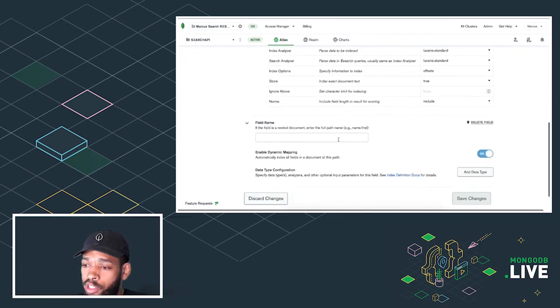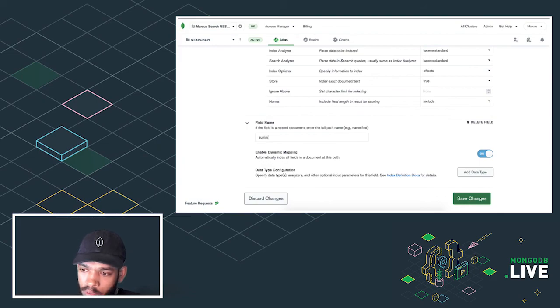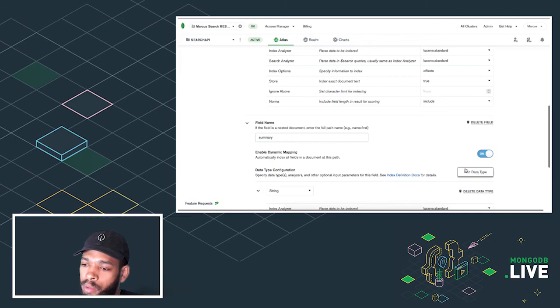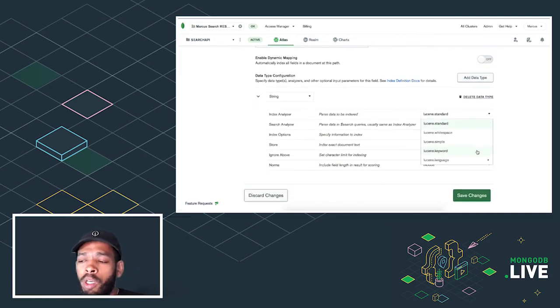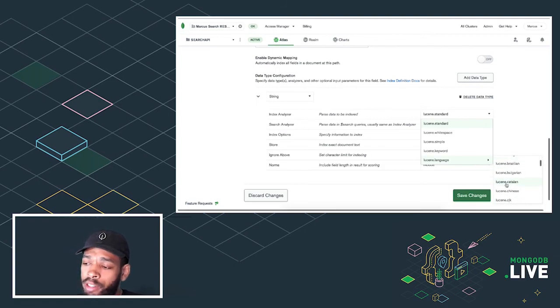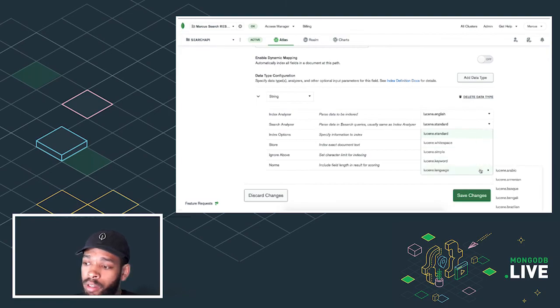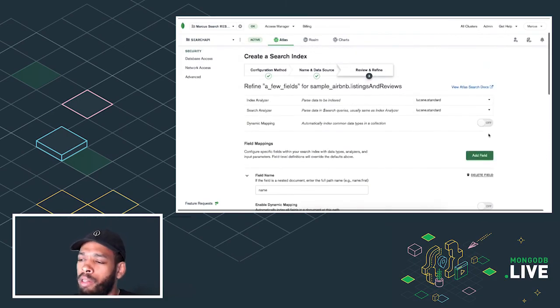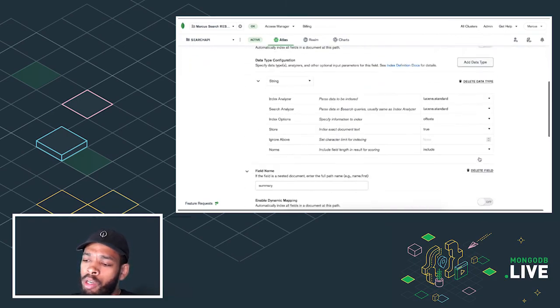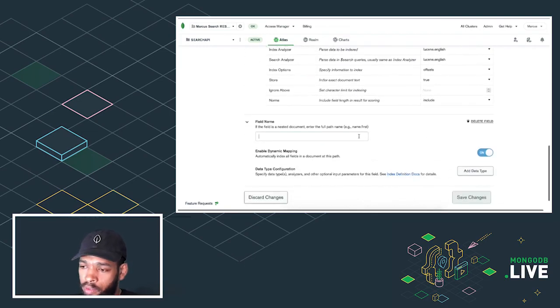We'll add another field here, summary, a very similar index definition. The difference here is we're going to change the analyzer to Lucene.English because all the summaries are in English, I think. And let's add the last scraped field. So just so you can get a sense of the process here.